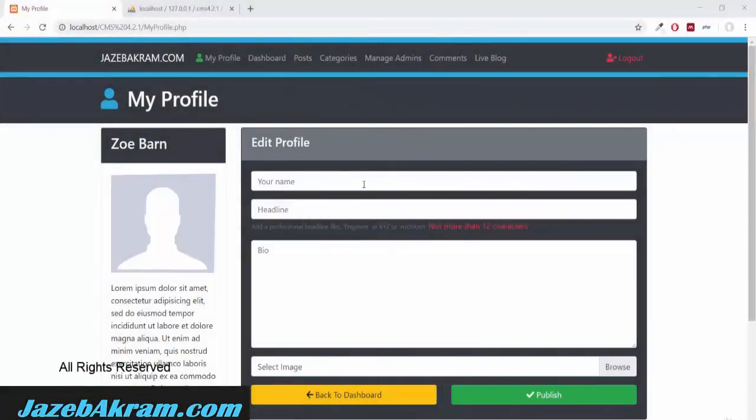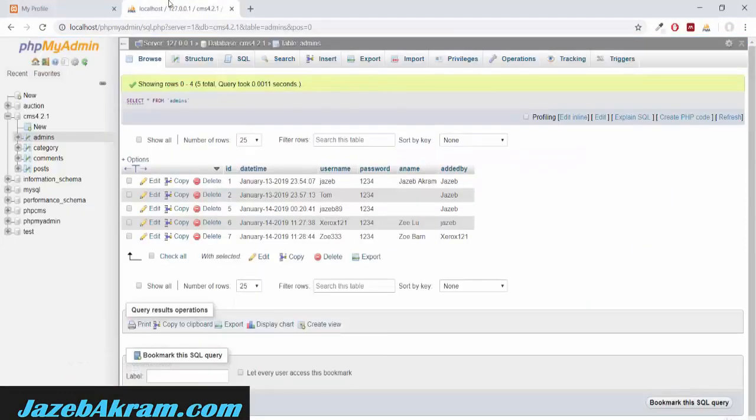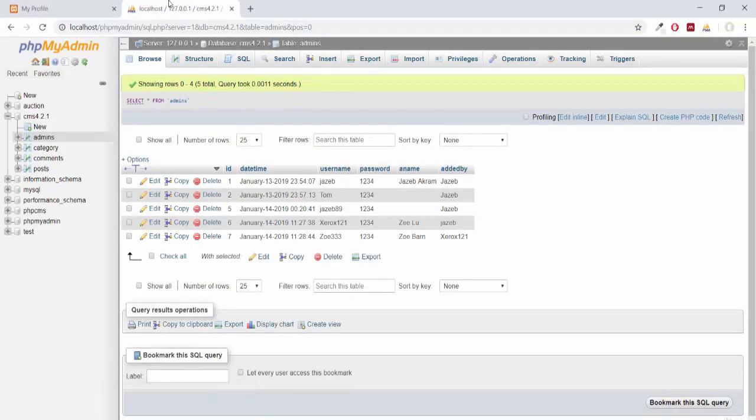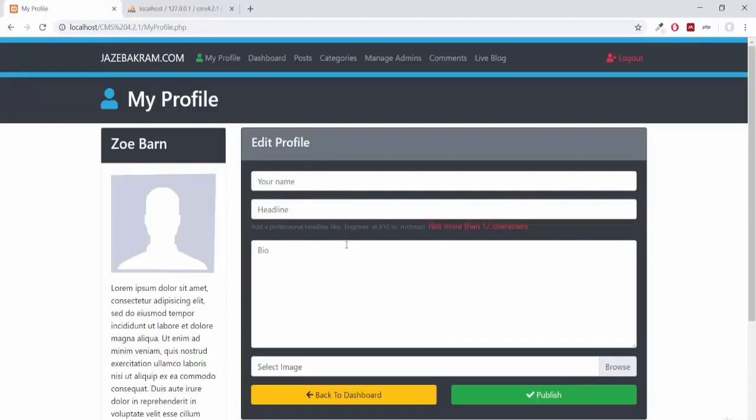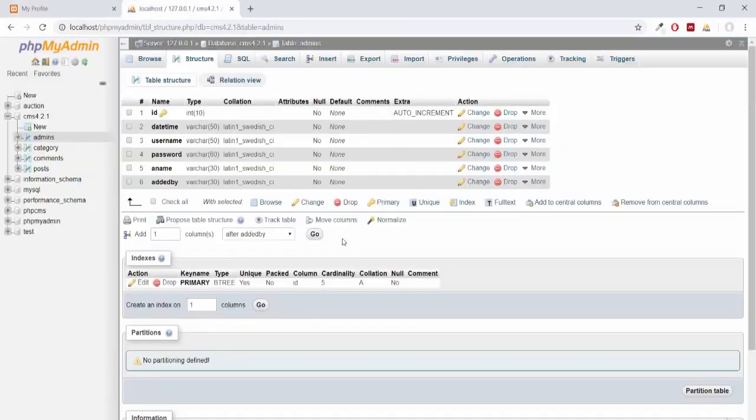On the PHP part of putting admin name, headline, bio and image in our table of admins. So we need a couple more columns in our admin table. Clicking on the structure, I will add a couple of columns. I think we need 3 columns. So adding 3 columns